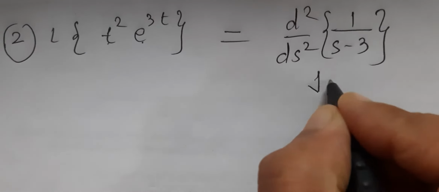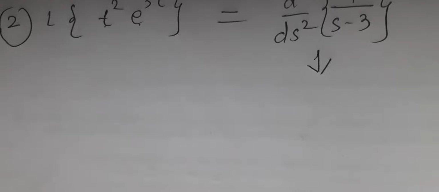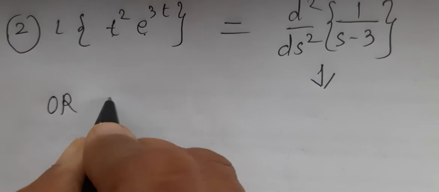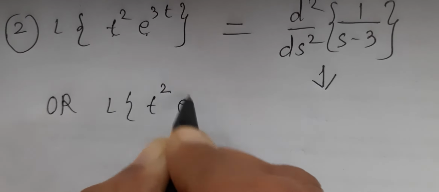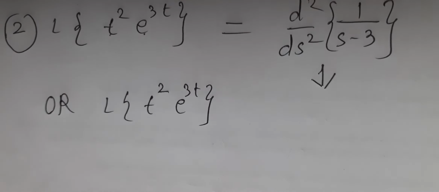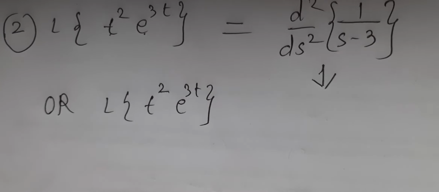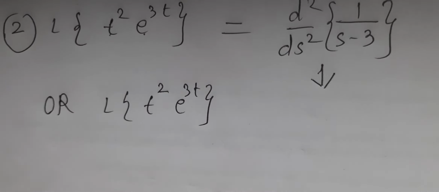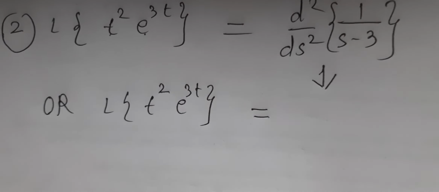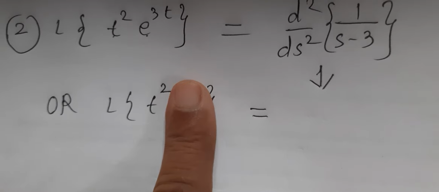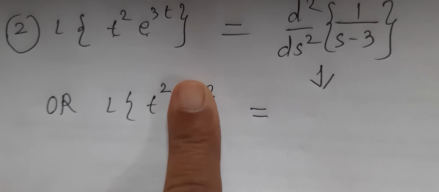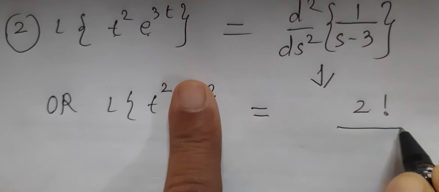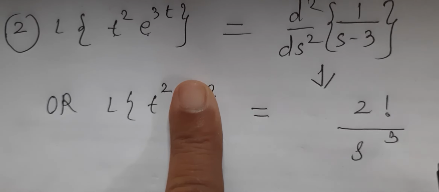I know you can do the derivatives, but why do I want to do this problem? Instead of this, if I use first shift, I am not using multiplication by t, but I am using first shift. We have both options here. And in the first shift, you can see how to apply it. Just hide this. Find Laplace of the remaining. Remaining means it is t square. What is Laplace of t square? 2 factorial upon s cube.